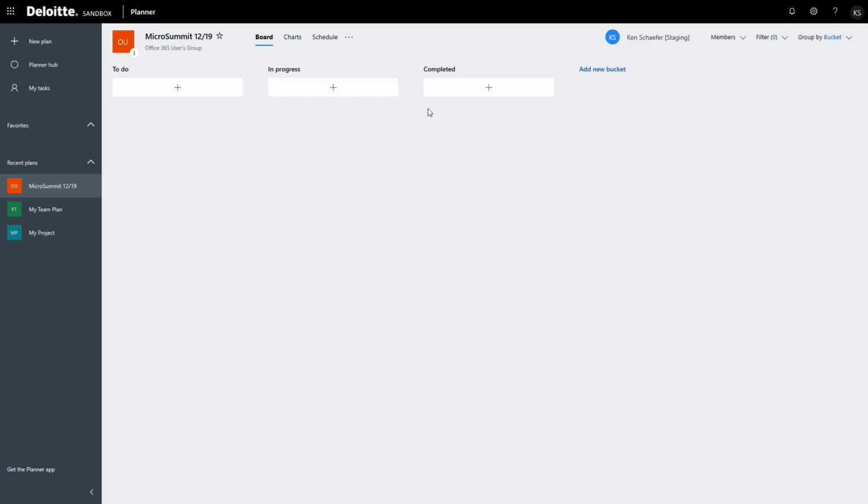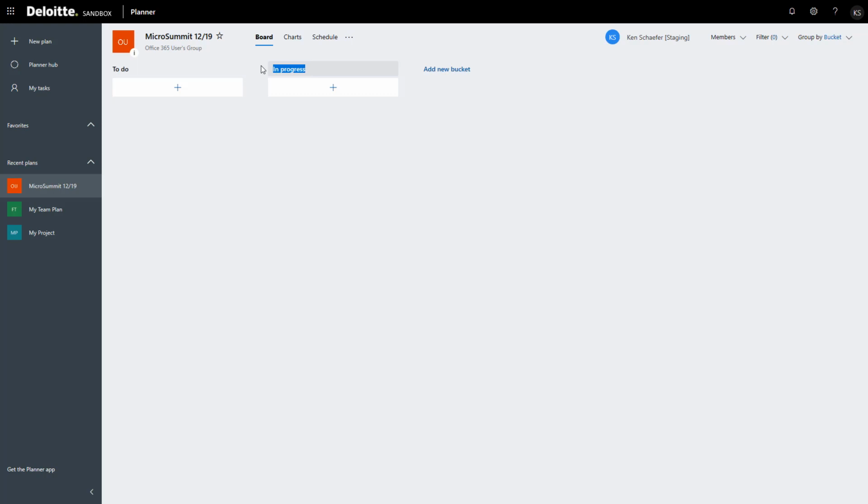I would recommend against this, and we'll look later on at some of our grouping and filtering options that already provide those views. So when we take a look at Planner and our way of organizing buckets, using statuses is probably not what you want to do. Status, assigned to, due dates, those sorts of things,